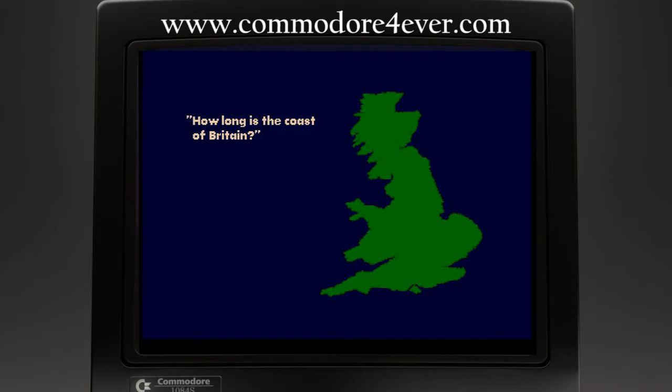Mandelbrot wondered, how long is the coast of Great Britain? He soon realized that the length of the coast depends on the length of your ruler. The island viewed from space can be measured approximately. A survey team measuring at 100-meter intervals around the coast will give a different, higher value. Crawling around the coast with a 6-inch rule will give a higher value still.